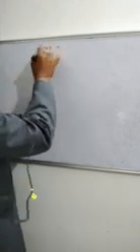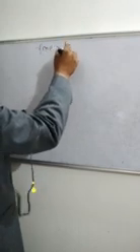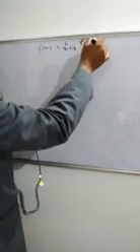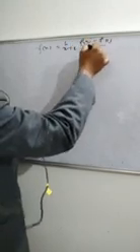That is the answer. Now I'll discuss the various formulae of derivatives. Before that, how can we define the derivative? Last time I discussed the definition of the derivative, that is f dash of c is equal to limit x tends to c of f of x minus f of c by x minus c.